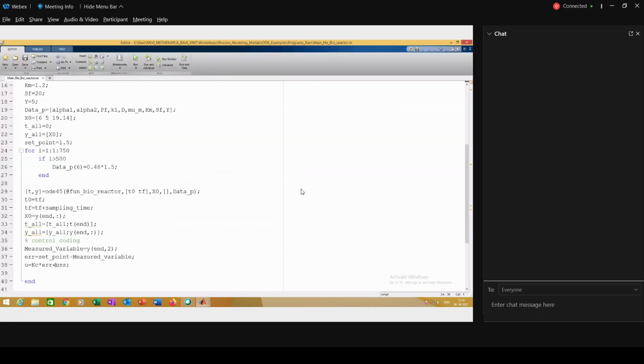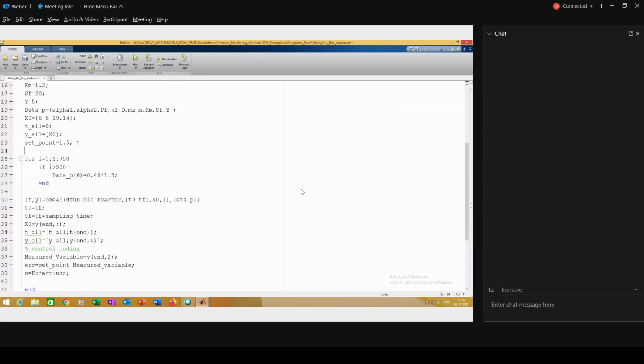USS is the steady state value of that manipulated variable at that time instant, which is basically USS equal to data underscore P of 6. Agree, because mu m is my manipulated variable for this system. That's why I took it.